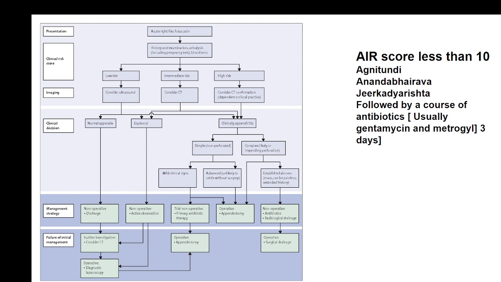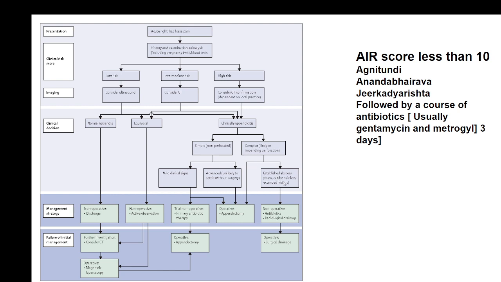Now, the general principles of the management of appendicitis follow a charted guideline. The usual guideline is, a patient presenting with pain in the right iliac area has to be investigated, and based upon the investigation, you confirm that it is appendicitis and rule out the other differential diagnoses. I will come to the common conditions which can mimic appendicitis and their differential diagnosis at the end of this. So, after ruling out, the investigations are done. Then with the scores, the AIR score or maybe the Alvarado score, you predict the prognosis